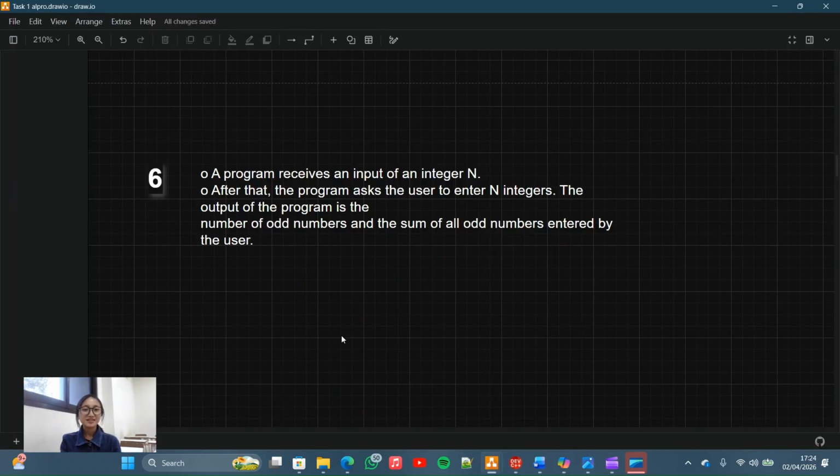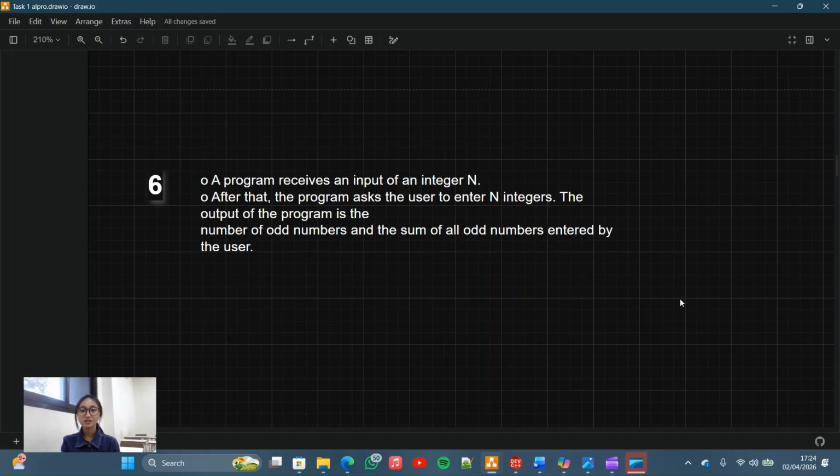So now we will continue to number 6. In this number, the program receives an input of an integer n. After that, the program asks the user to enter n integers. The output of the program is the number of odd numbers and the sum of all odd numbers entered by the user. So what we have to do in this case: first we ask the user to input an integer, let's name it n.